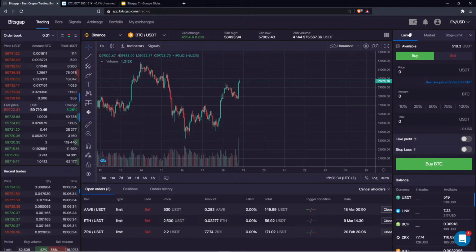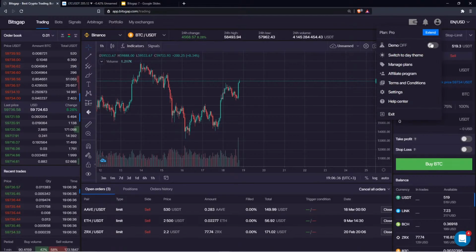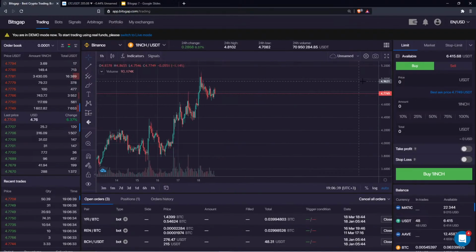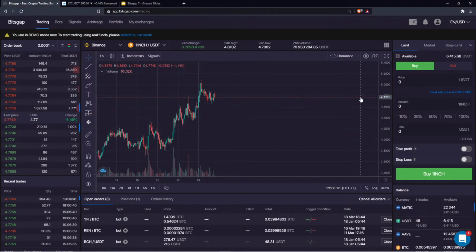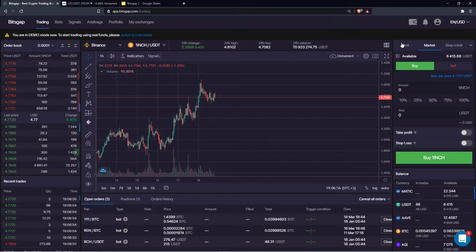We start with the limit orders. So let's switch to the demo mode and I will show you some sample trades. So a limit order is a pretty simple one. Here you are the market maker, and since you are the market maker, you pay a lesser fee compared with the market order, because if you want to instantly enter the market with a buy, let's say you want to buy Bitcoin, or let's say you want to sell Bitcoin, then instantly your order is executed,